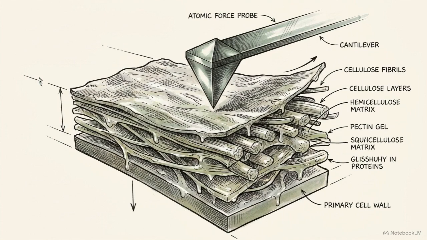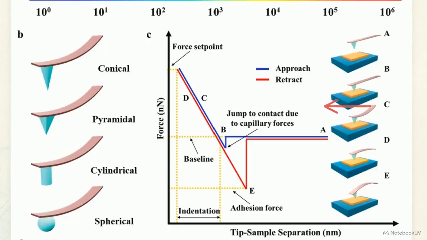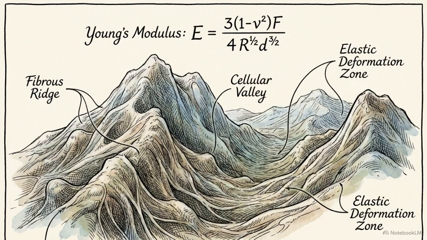Extracting mechanical data from a delicate, hydrated biological sample requires a highly controlled physical interaction. This AFM force indentation curve tracks a tip approaching a surface. Suddenly, capillary forces pull the tip sharply downward. As it pushes into the material, the slope represents physical deformation. Upon retracting, the probe resists. This deep trough measures the exact adhesion force. Applying contact mechanics models to this raw data allows researchers to extract a precise Young's modulus for that exact nanometer